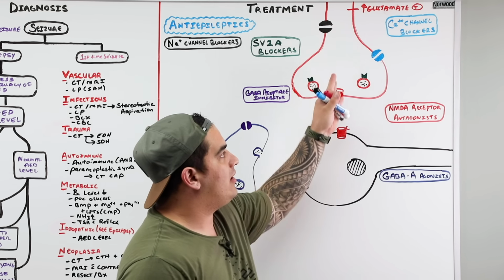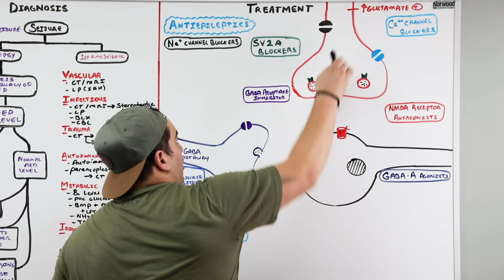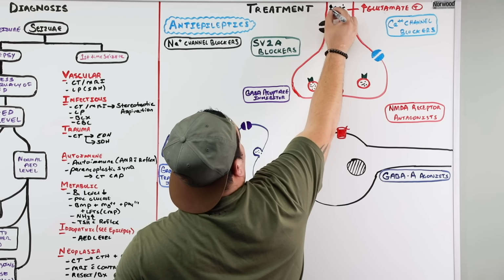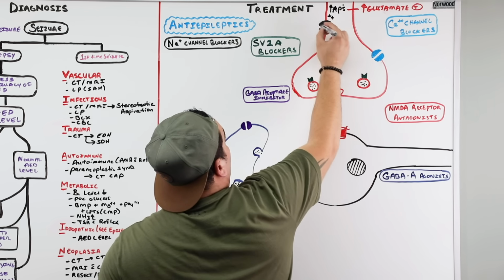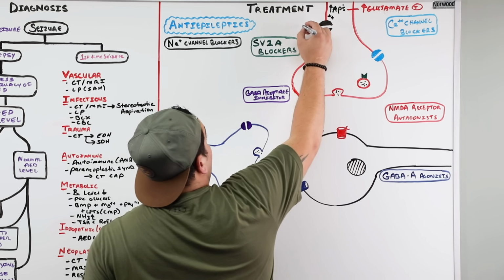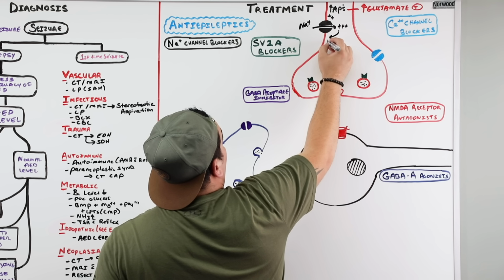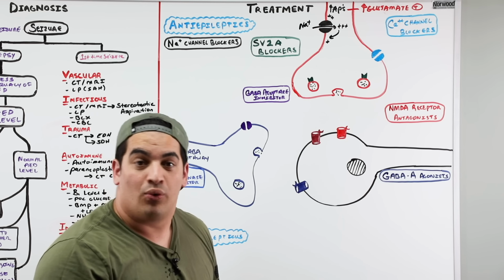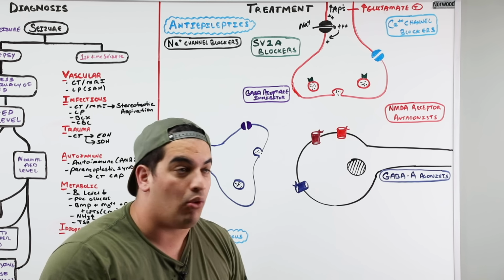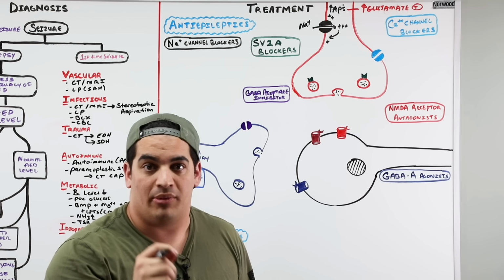So let's briefly talk about some of the pathways here with the glutamate. First thing is, let's say here's a glutamatergic neuron. If action potentials are moving down this glutamatergic neuron, it'll open up voltage-gated sodium channels that are present on the axon. When these voltage-gated sodium channels are open, sodium will rush into the cell, cause the inside of the cell to become positive, and then again depolarize the next segment. So really, these voltage-gated sodium channels on the glutamatergic neurons are very, very important, because what do they do? They allow for depolarization of that glutamatergic neuron.